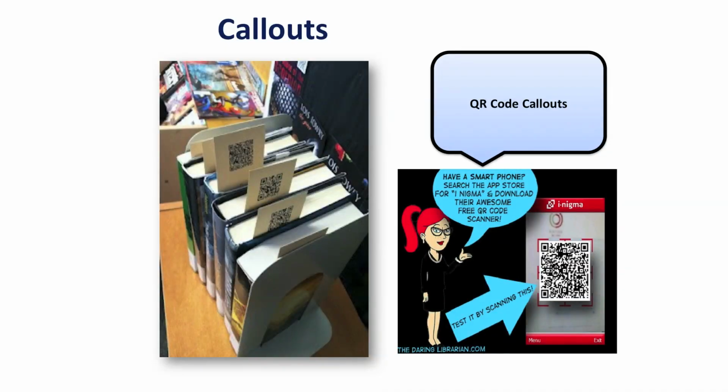Simply, you can create a QR code that will provide the information available in a particular encyclopedia, reference book or textbook. For example, these are called callouts. We can create QR codes for callouts. On the left side of your screen, these are different kinds of books placed with QR codes. If a user scans this QR code, the information provided in the QR code is displayed on the screen. So this is a very easy way to scan the QR code and get information without touching or opening that particular book.